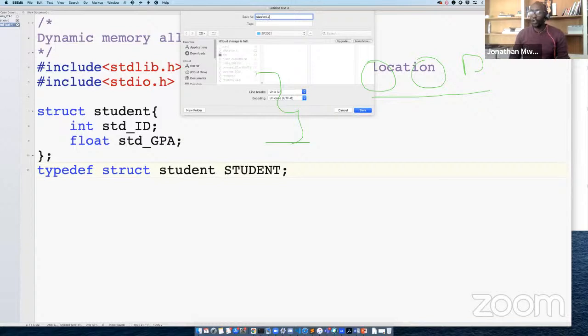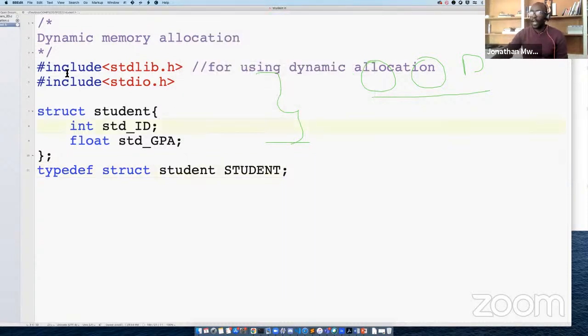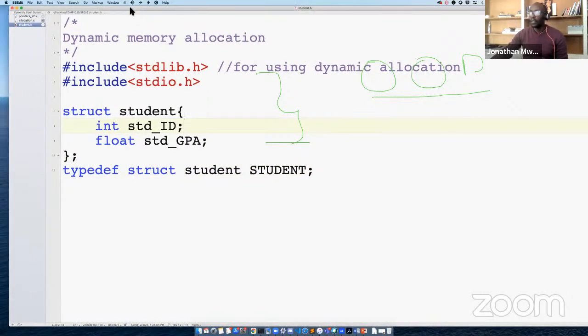But instead of calling it .c, because it is not really code there, it's basically a header file. It just contains stdlib, stdio, and a definition for struct, the material that I am putting on top of main. That's all this file contains. So I'm going to call it a header file, .h, student.h. And I'm going to save that. So now I have a new file as part of my code called student.h.